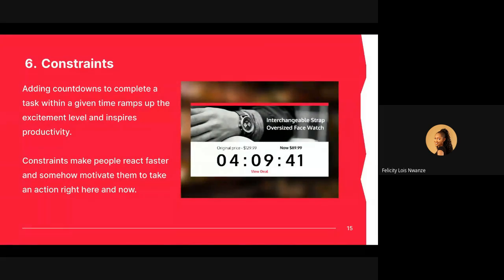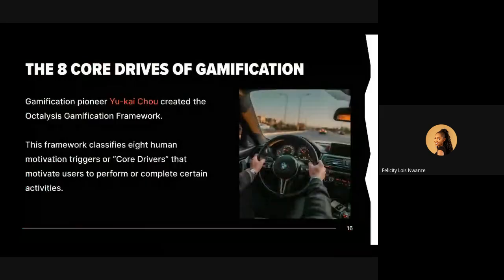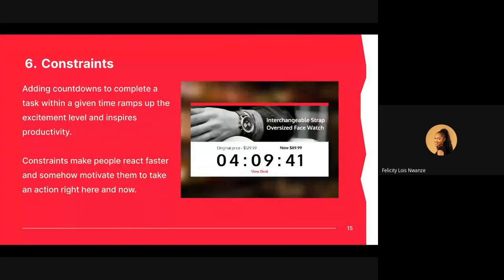An example of where you can see this constraint being applied is in e-commerce. When you go on the Jumia app and you see something like buy now or 20 left. So let me just show you an example of what I mean, rather. Oh, I think I missed that example, but basically, constraints help you make decisions faster. It helps you to boost your productivity.